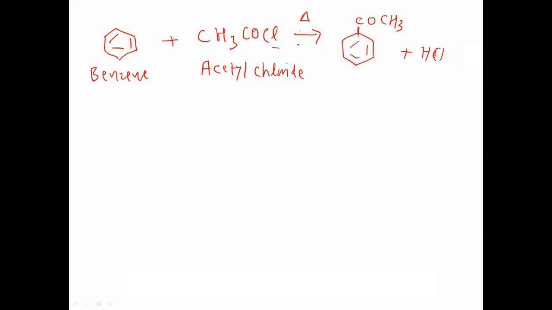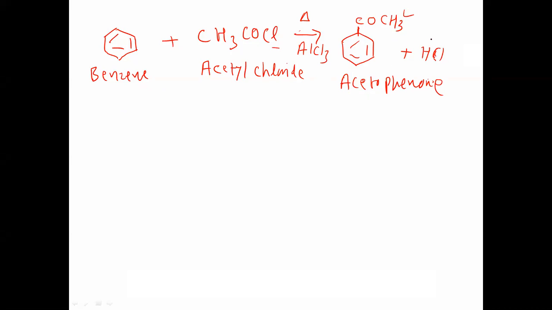After heating in presence of catalyst AlCl3, right, AlCl3, so what we have is this compound. This is called acetophenone. This is again important, industry important. Now this is a ketone, it is a ketone: benzene C double bond O CH3. If you look at the structure, this is acetophenone. Okay, so this is the reaction given to you, and if I ask you to calculate atom economy, now if you look at the structure, since there is a byproduct formation, definitely